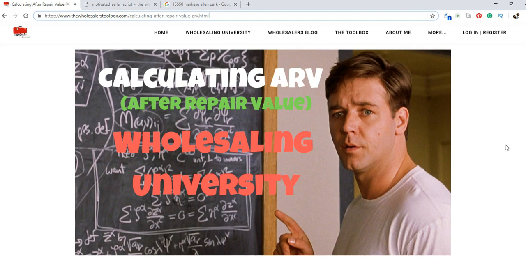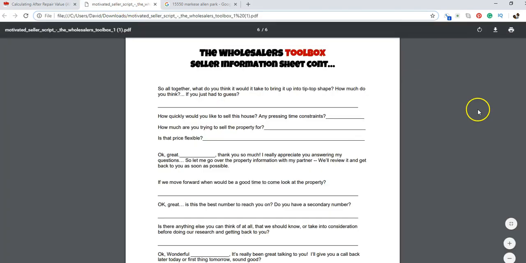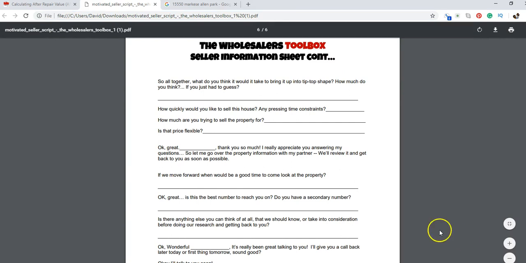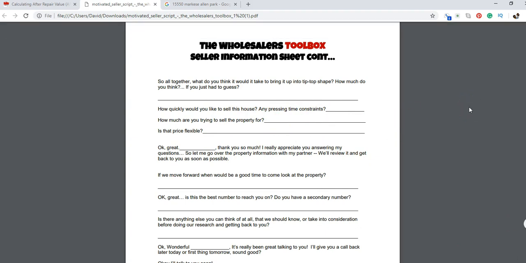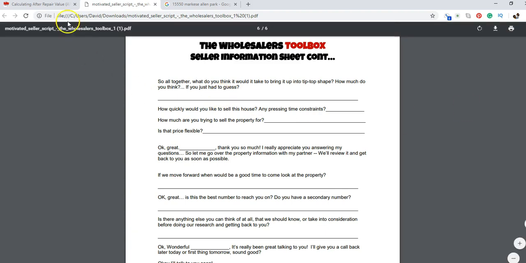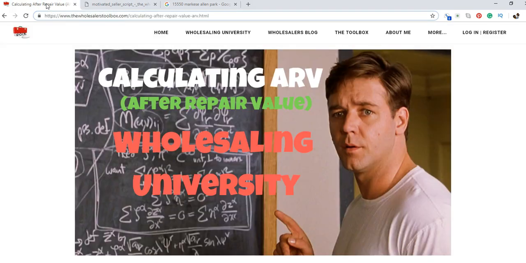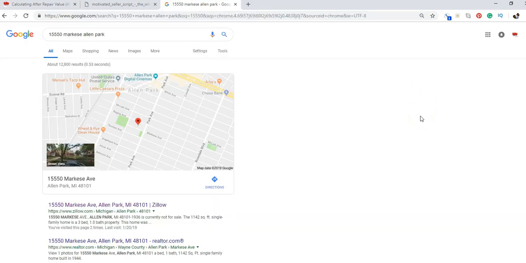a good deal. Now on the script, right at the end of the script, and I'll click over to it here, we talked about asking what they're selling it for, what they're trying to get for the property, what price they would take, and so you need to take that number that they give you and see if you're in the same neighborhood. So what we're going to do is just take the address and put it into Google and